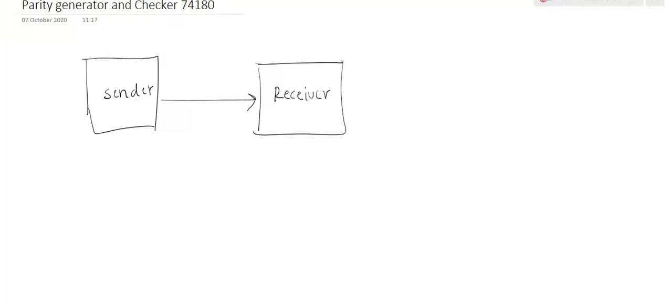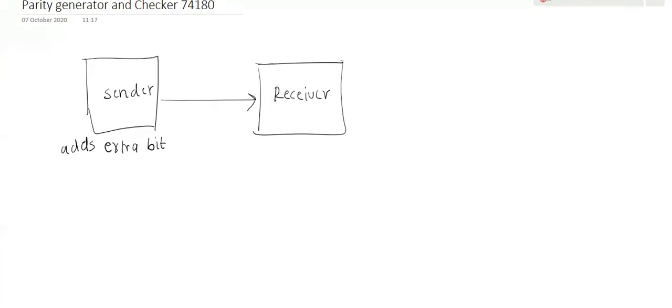Now, while transmitting the data, we need to check whether there is any error in the data, or whether any data is missing. So to detect errors during the transmission of binary information, the concept of parity generator and checker is used. The parity bit is nothing but an extra bit which is included along with the binary message at the sender side. So when data needs to go from sender to receiver, the sender adds an extra bit into the data. That data is in the form of binary.